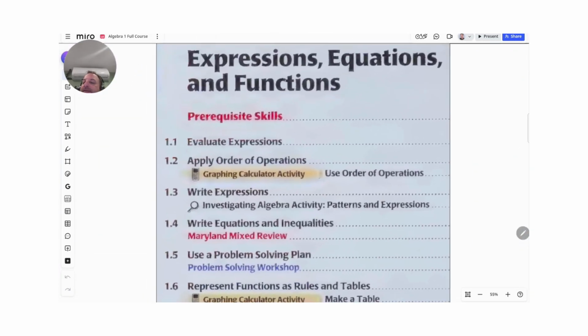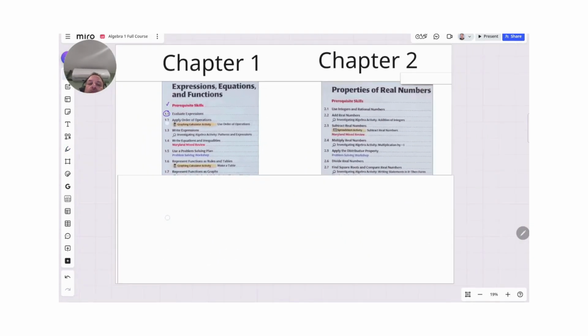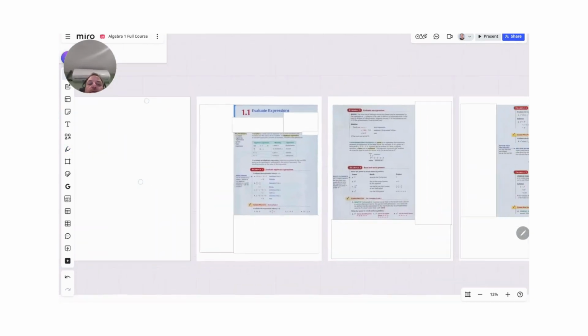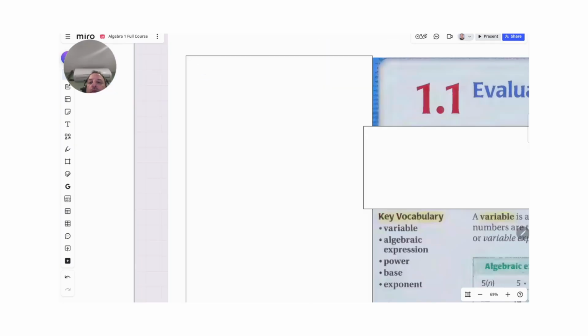Now, where are we going to begin today? We're going to be taking a look at some prerequisite skills for the course, along with the very first section here in chapter 1, evaluating expressions. So let's go over to 1.1 and first take a look at our